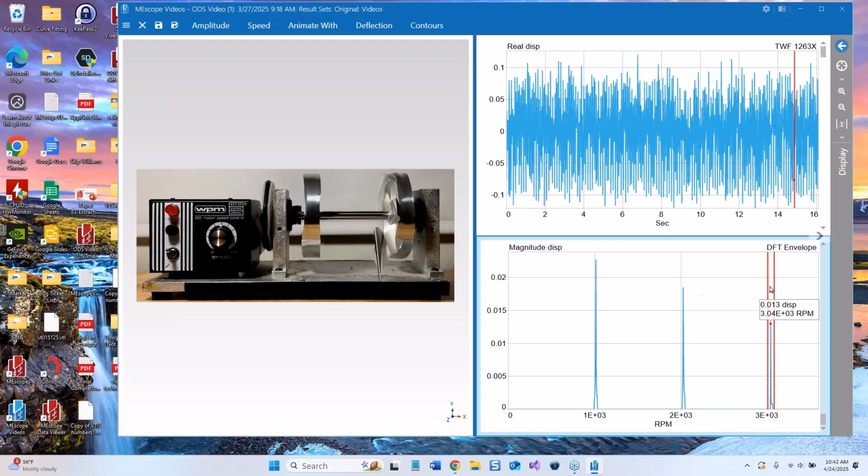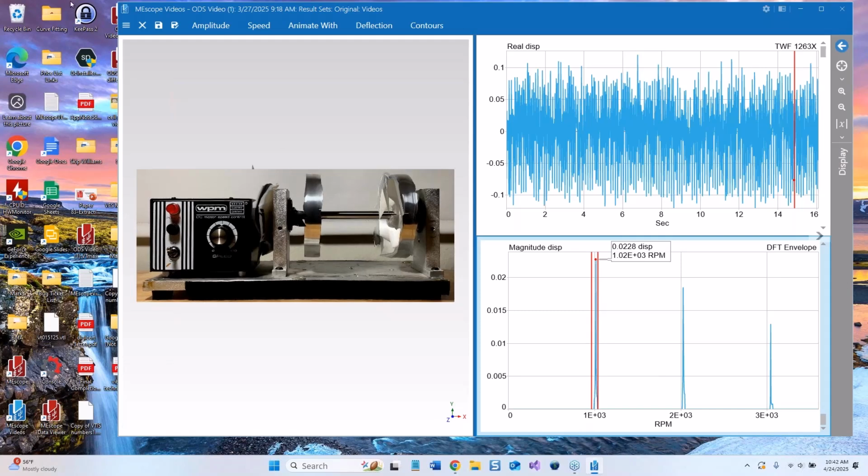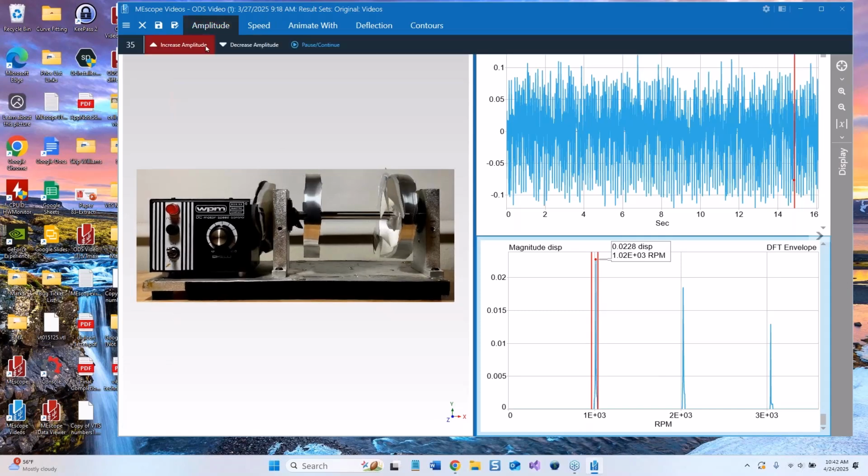And if we go back, let me just change the animation. We'll lower the amplitude a little bit, but we'll be able to see some pretty simple mode shapes of those rotors. So you see a lot of information. Now, the pulley belt is kind of dominating everything. It's moving around, and then this bearing block here has got a lot of motion in it. So, if you're going to show things to the boss, or the customer, you probably want to get it down to something that's a little more realistic. Anyway,